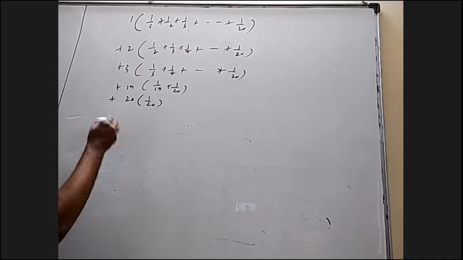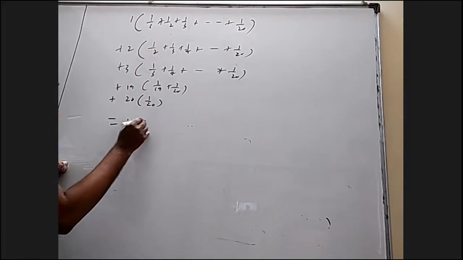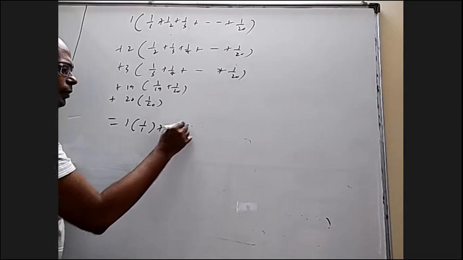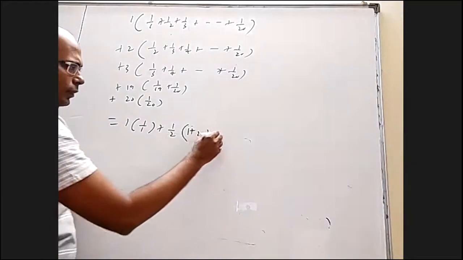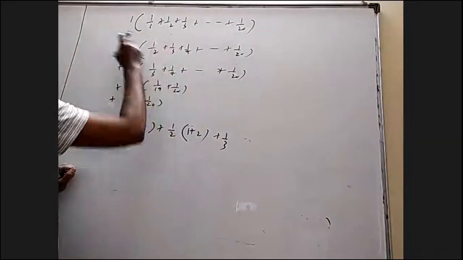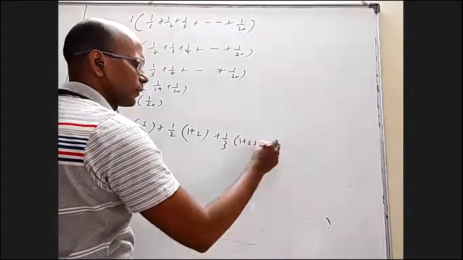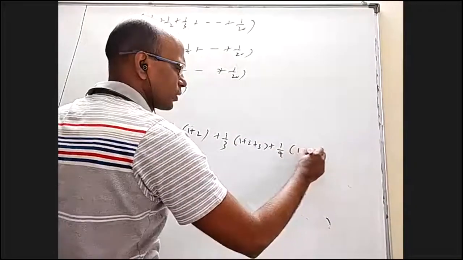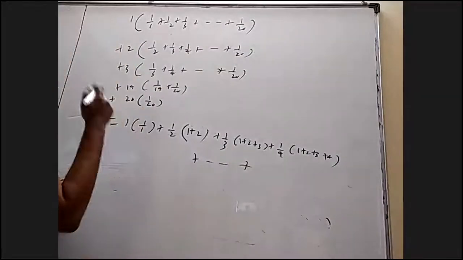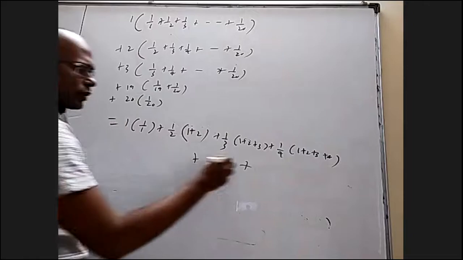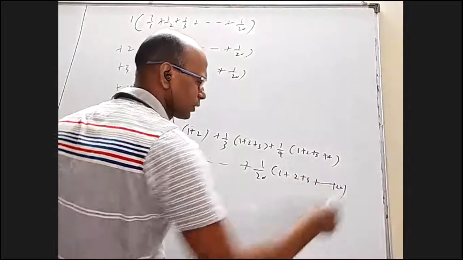Now I'm going to rearrange this. How many times is 1 by 1 there? Only one time. 1 by 2 is there here one time and here two times, so I'm going to write 1 plus 2. 1 by 3 here once, here twice, and here thrice, so it is 1 plus 2 plus 3. 1 by 4 is there 1 plus 2 plus 3 plus 4. And finally 1 by 20 is there all the way from 1 to 20. So 1 by 20 is counted 1 plus 2 plus 3, and so on up to 20 times.